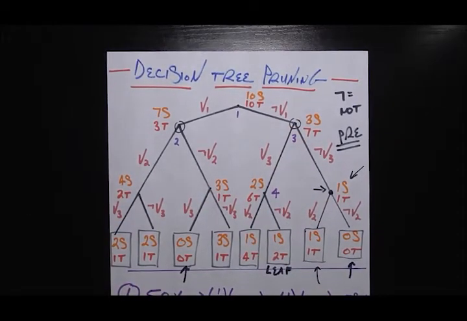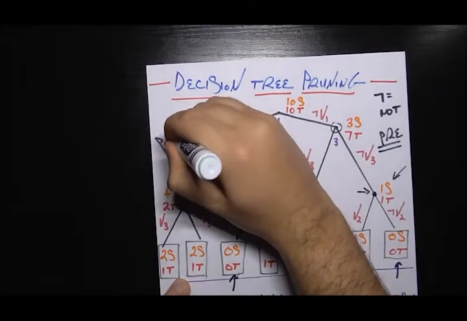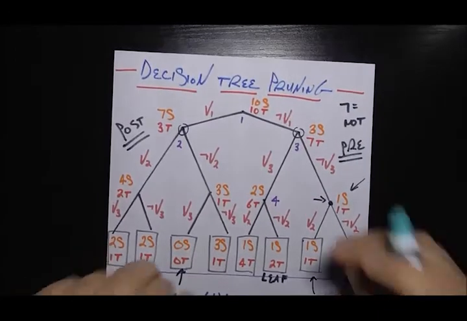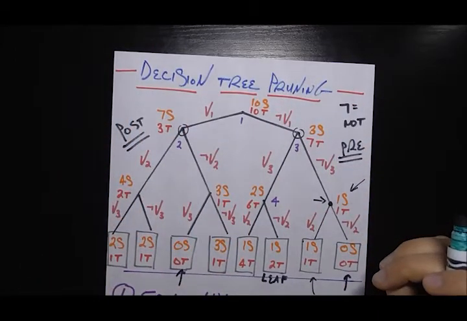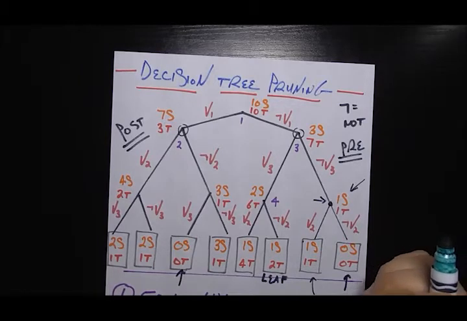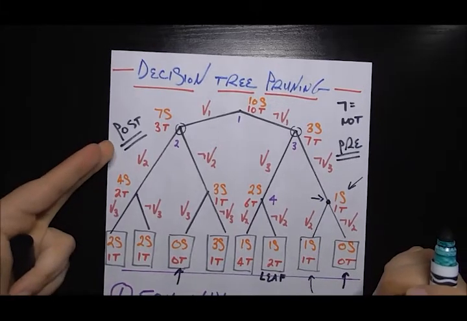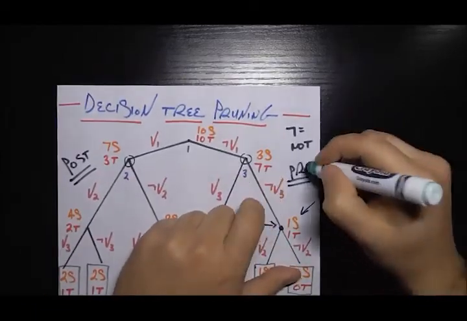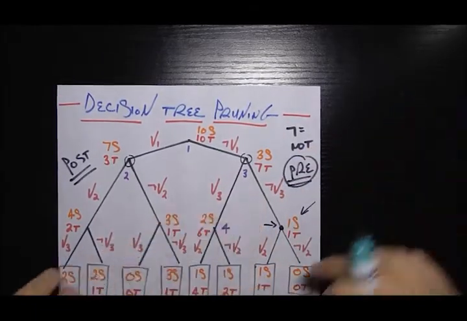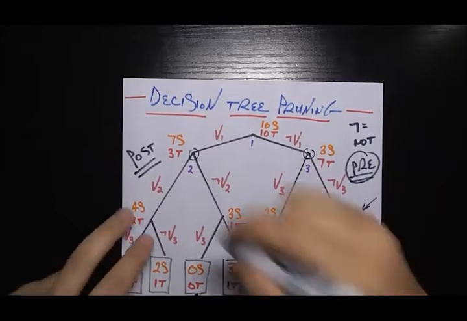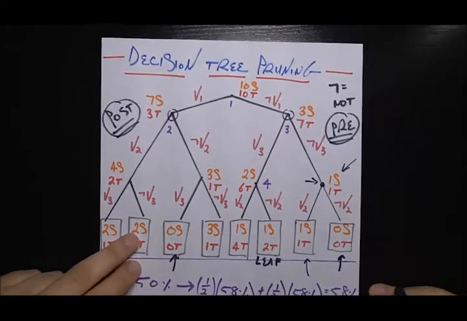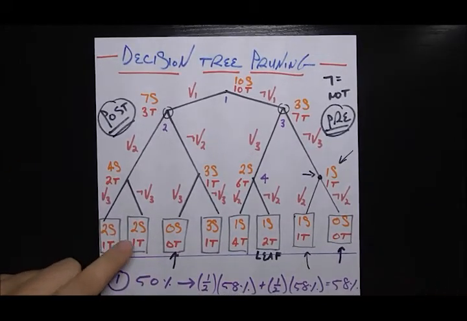There's a different way to do it, which is actually considered more robust, which is post-pruning, which is where you literally build out this entire tree, as we've done here, and then you go through it and figure out which branches are weak and don't need to be included. Of course, that's more computationally expensive because you have to build the whole tree and then go search through it, rather than do this process as you're building the tree. But we'll talk about at the end why post-pruning has a couple of advantages. But again, this video is on pre-pruning because it's more simple. We'll make a separate video on post-pruning later on.